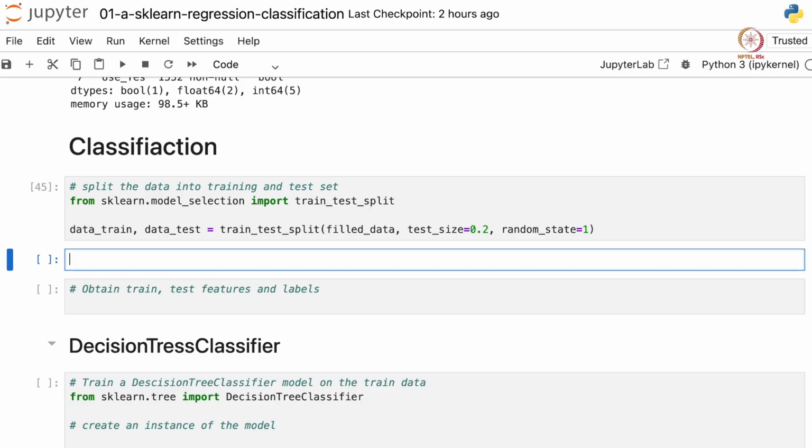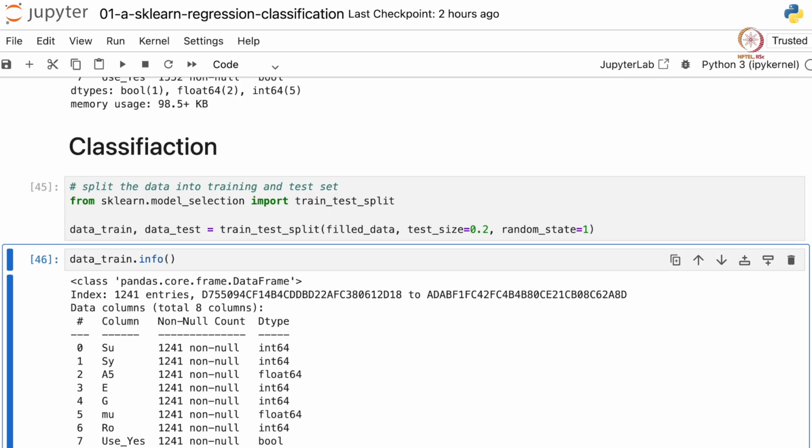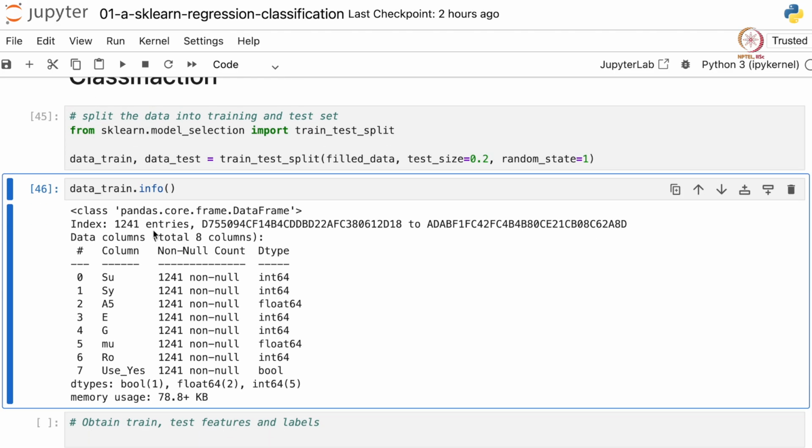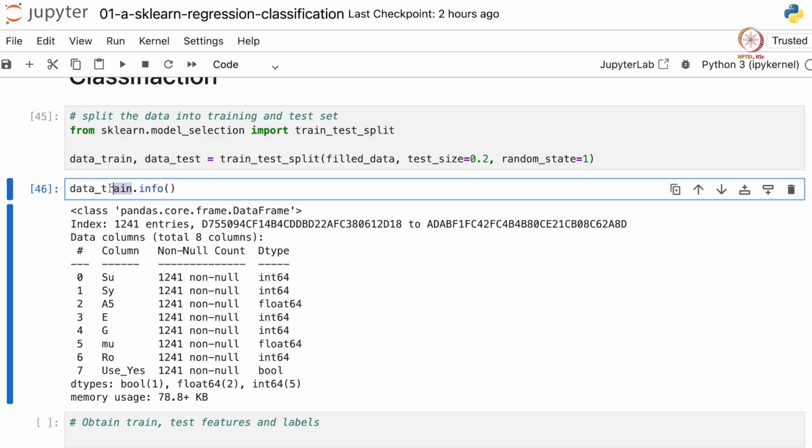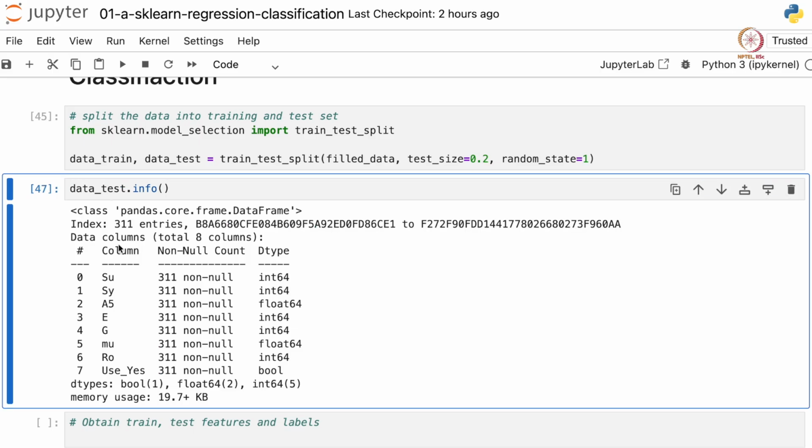Let's run this and look at data train and test. So data train dot info, it has 1241 entries, and data test has about 311 entries.